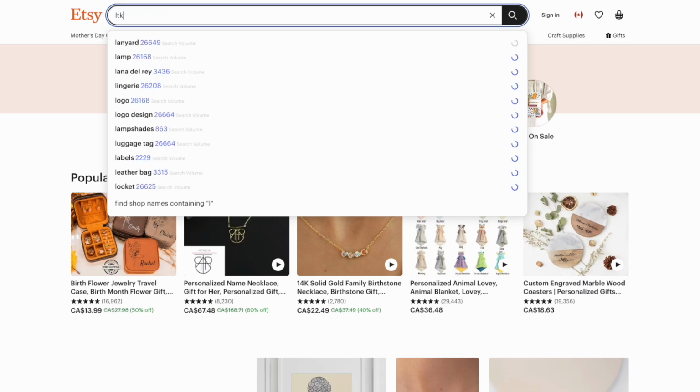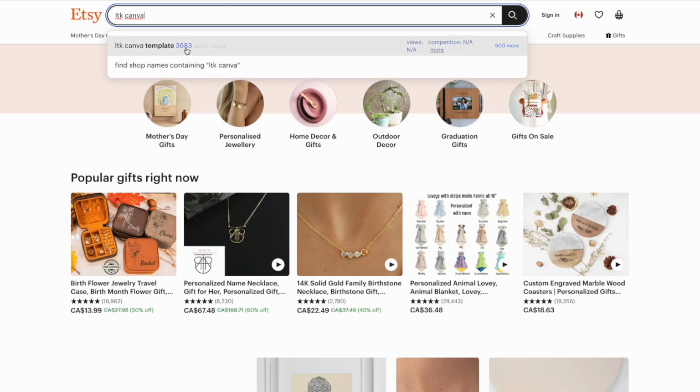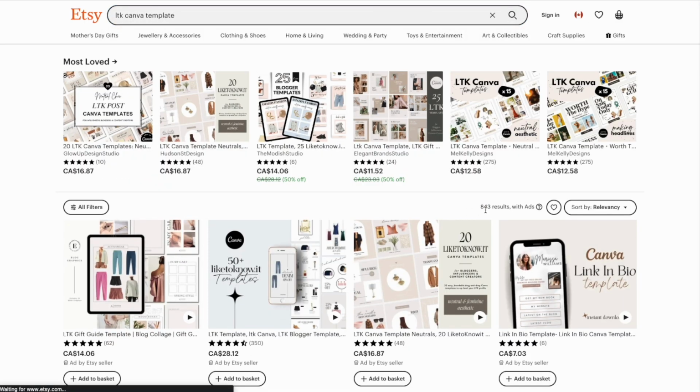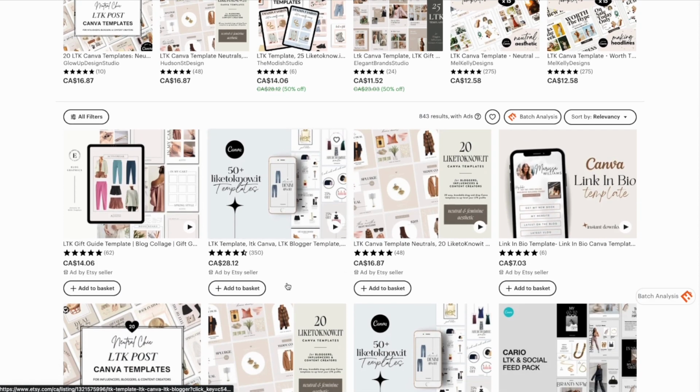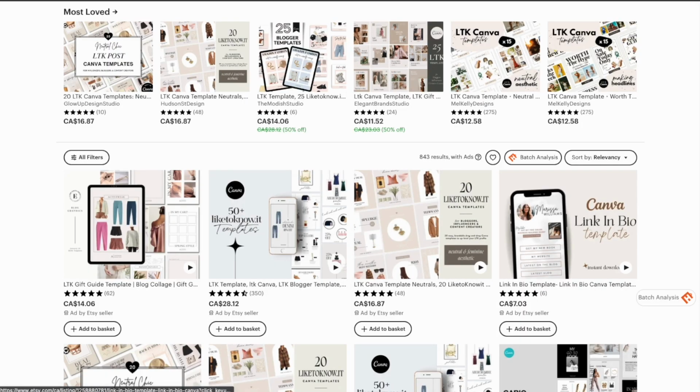So like to know Canva templates, and as we can see, this is the high search volume pulling up right now, and if we click into it, you see that there are 843 results, and this seems to be a very good product to be selling right now. And if you don't already know what like to know it is,